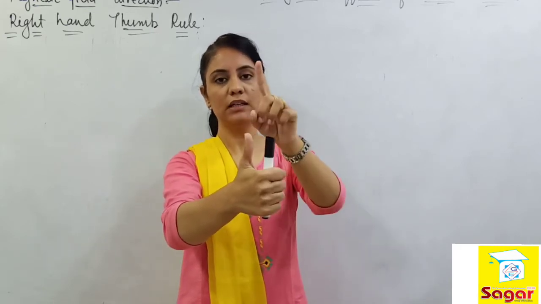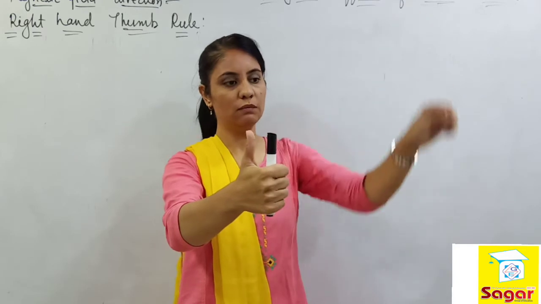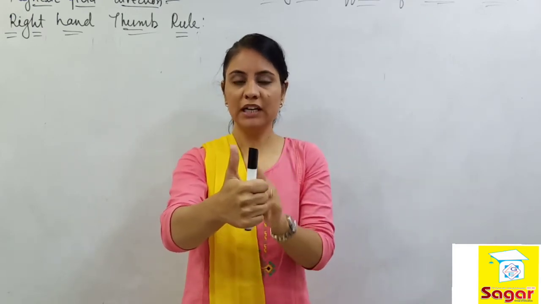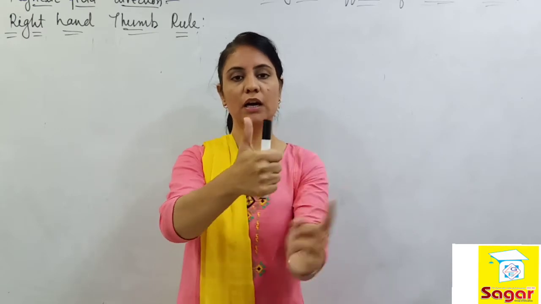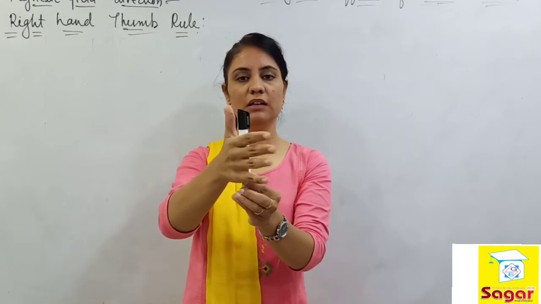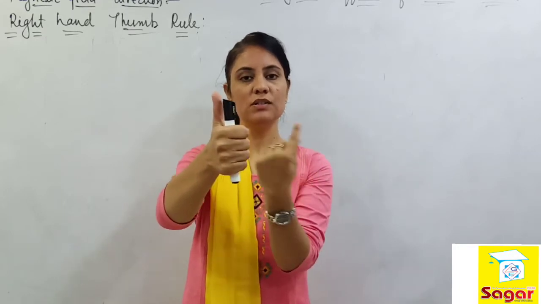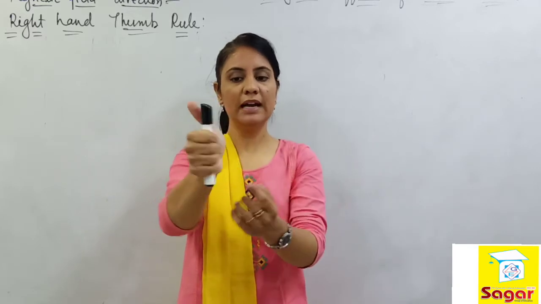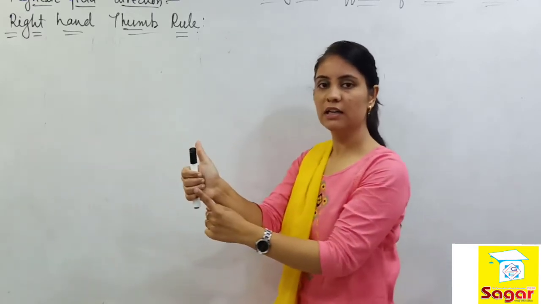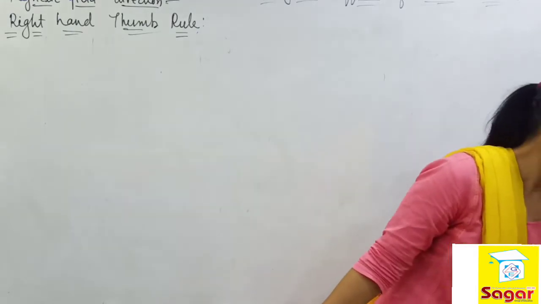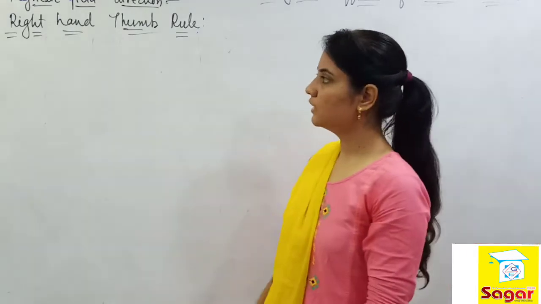So upward side the current will move and then afterwards it will be connected further on. During this time, the magnetic field which is created around the current carrying conductor is in the direction in which the fingers are wrapped. The fingers are wrapped in anti-clockwise direction around this. So whatever the direction of your fingers, that's the direction of your magnetic field. That is what the right hand thumb rule describes for electricity and for